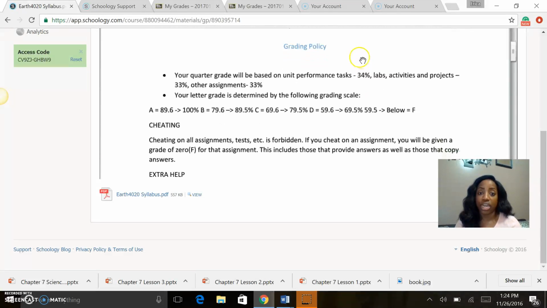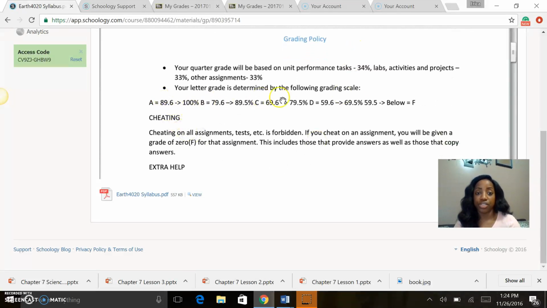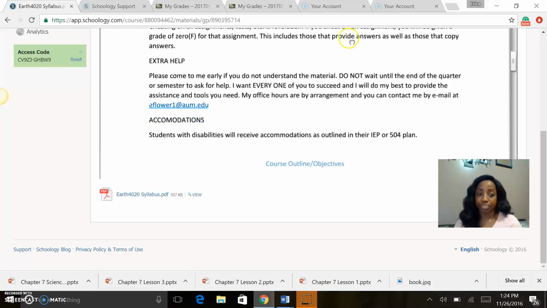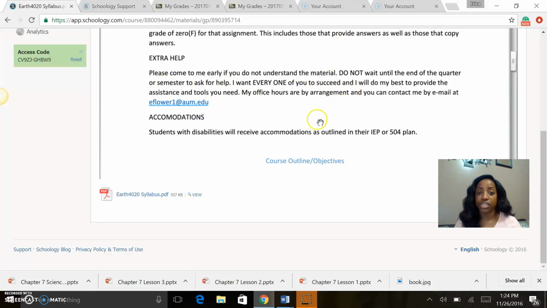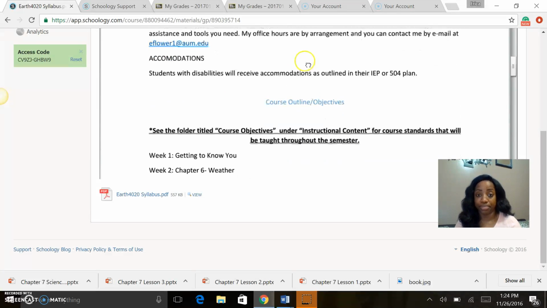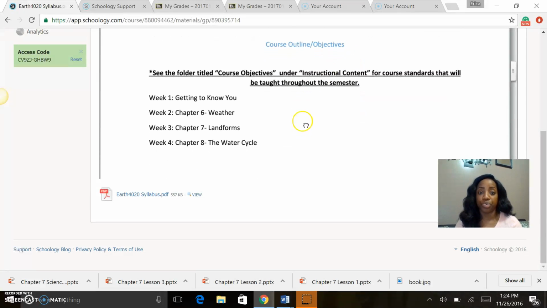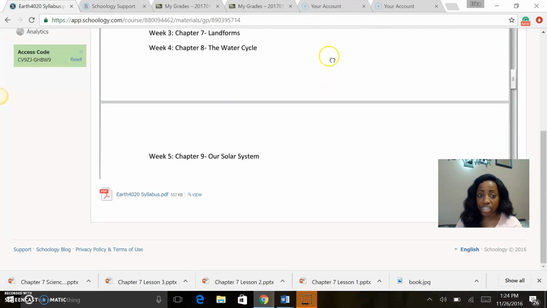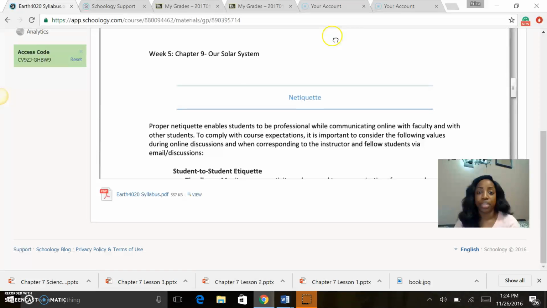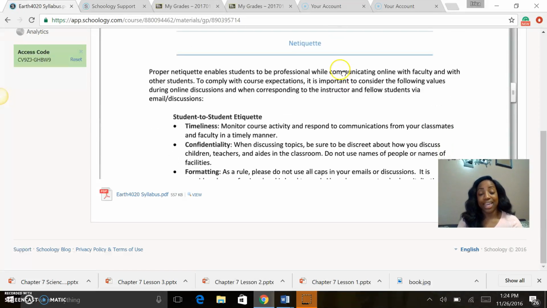You also see the Grading Policy, so this lets you know where you stand. Also on here, there's information about how to get extra help in the course. And our course outline tells you each week what we are focusing on in the course. You can see weeks 1 through 5. And there's also a netiquette section. Since some of this course is offered online, it's very important that we talk about the guidelines of online etiquette,